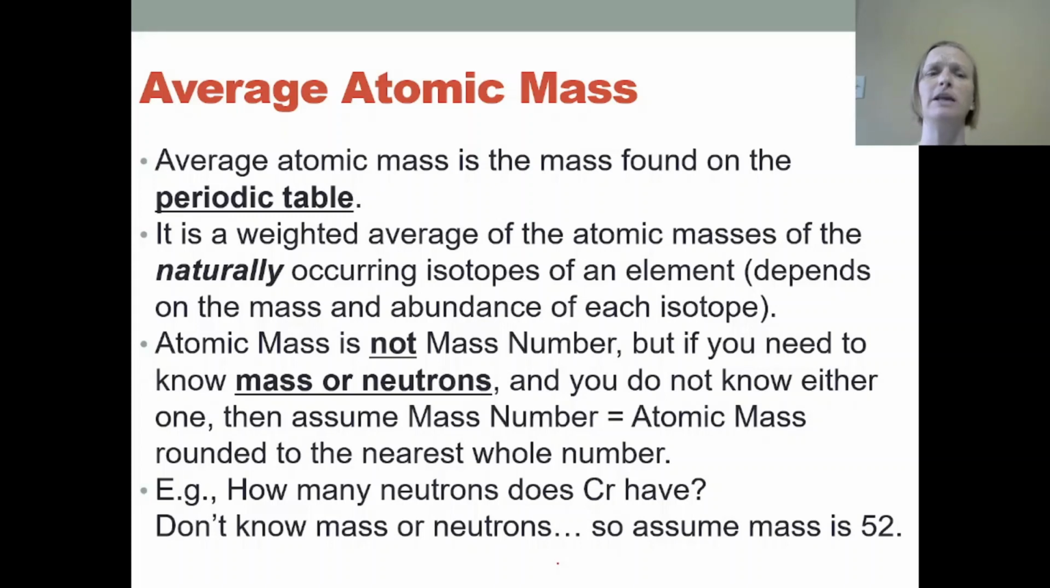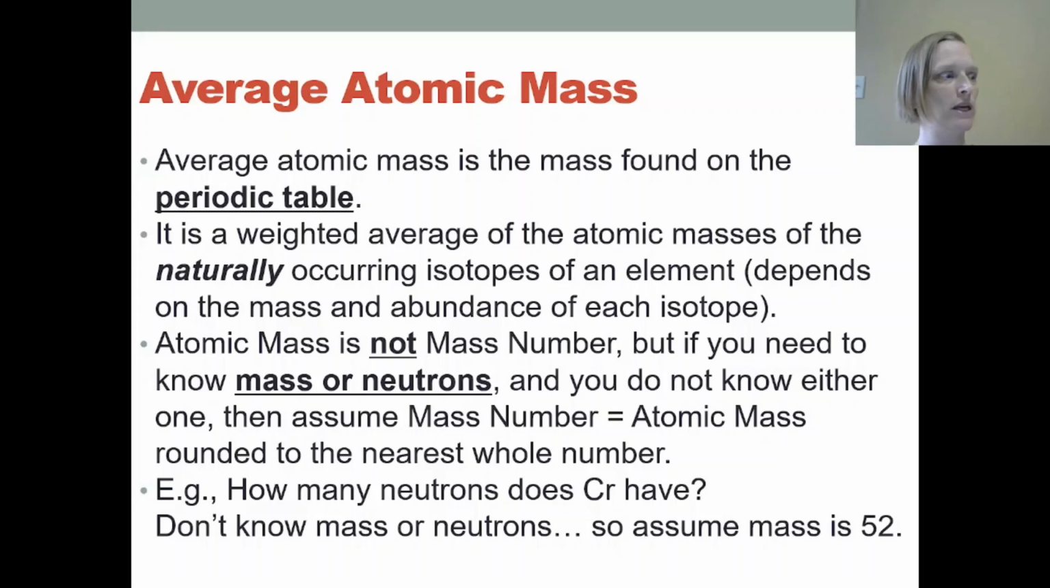If I ask you, how many neutrons does chromium have? Chromium is element number 24 on your periodic table, and I didn't tell you the mass, and I didn't tell you the number of neutrons. So you have no way to know exactly what version of chromium I'm talking about, what isotope of chromium I'm talking about. Therefore, you'll look up chromium on the periodic table, and oh, it actually says 52.00, so we don't